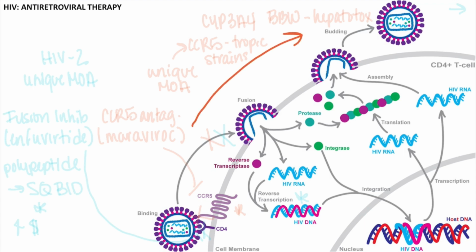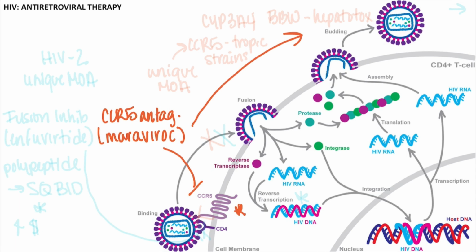So the first group of agents we're going to discuss are going to be our chemokine coreceptor 5, or our CCR5 antagonists. And the example here would be Maraviroc. And this is going to be the only agent we discuss today that was intentionally designed to bind to a host cell target. And as you may have guessed, this agent will bind CCR5 on the host CD4 cells to